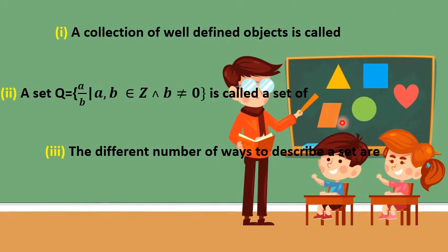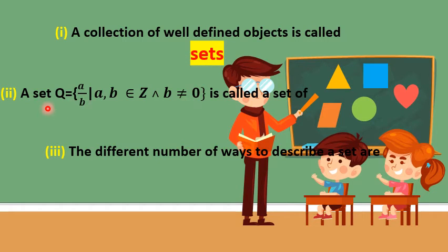Now coming to the related MCQs, the topics that I have discussed. Number 1 MCQ. Students, before starting the MCQs, I'm going to tell you that I have not done them in the form of MCQs. I have done them in the form of fill in the blanks, right? A collection of well-defined objects is called, just now I have done a recap of it. A collection of well-defined objects is called, yes, it is called sets.